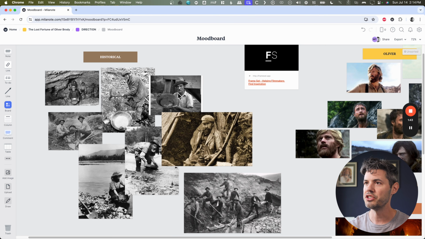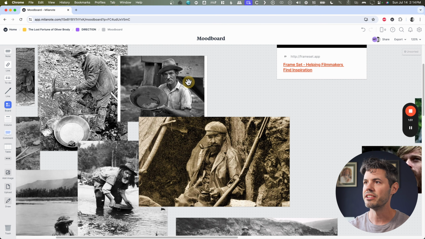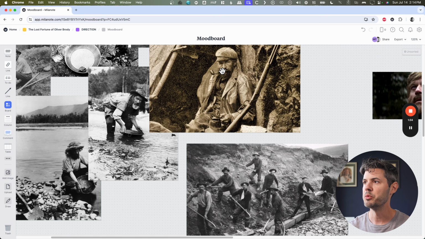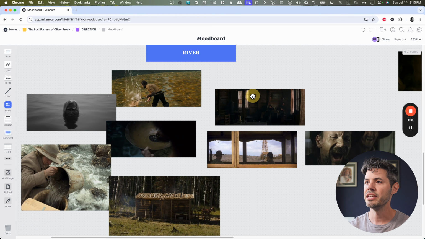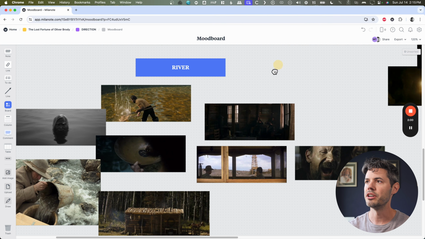So here's some potential images of people, like any of these could be Oliver Brody. Which one of these guys lost his fortune? Maybe this guy right here. I don't know. Probably more like that guy. Maybe a little too old though. Anyways. And then just some pictures that I pulled from, I believe,